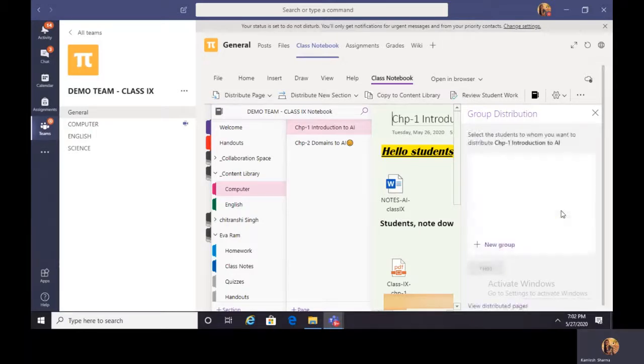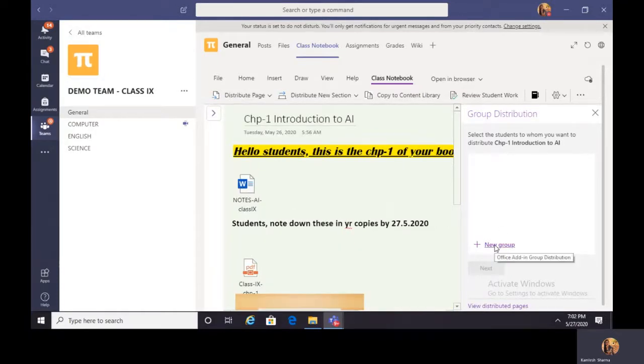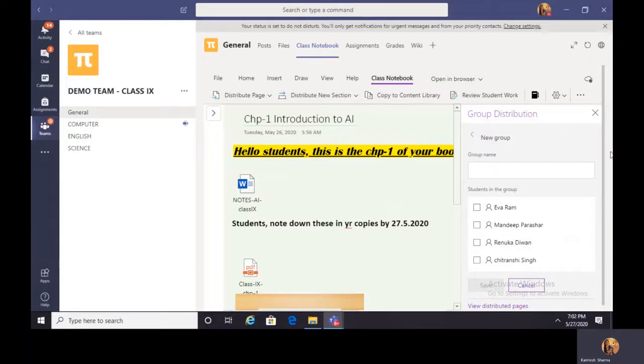and the first step will be to create a group. So click on this plus group, and it is going to ask you the group name. Let's say I want to give it a name group A, and I am going to keep Mandeep and Chitranshi into it and save.